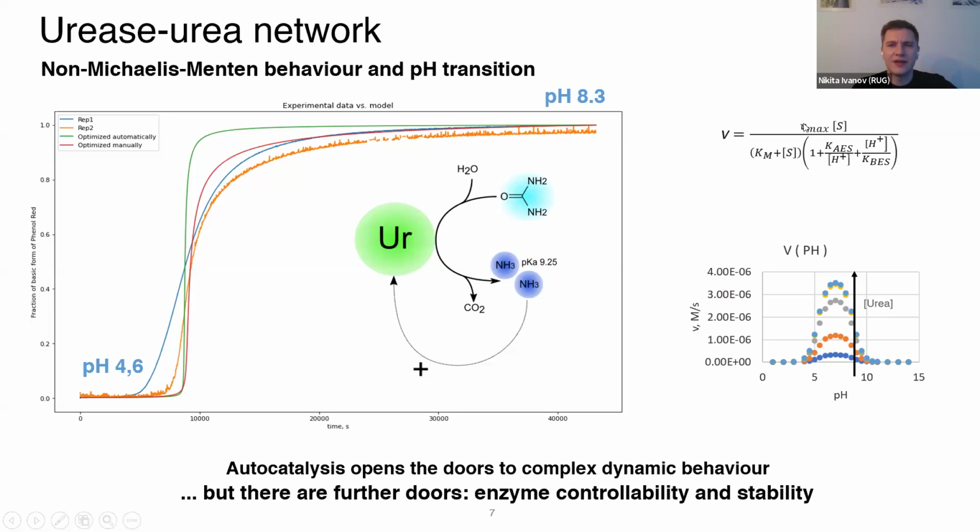The rate of the enzymatic reaction in this case is described by the classical Michaelis-Menten equation, modified with a term that is responsible for the concentration of protons, the pH, in other words. It contains two constants that are responsible for ionization and deionization of residues in the active site. So what we should understand here is that when it is acidic, the rate is low. When it's very basic, the rate is also low. Somewhere in the middle it is very high. And as we increase the concentration of urea, the rate increases.